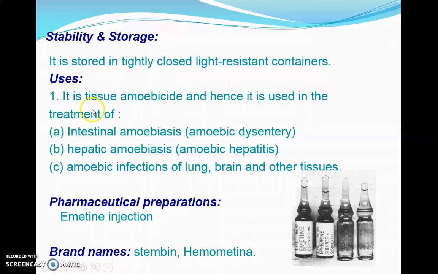As far as the uses are concerned, it is a tissue amoebicide, and hence it is used in the treatment of intestinal amoebiasis, then hepatic amoebiasis, which is extraluminal. Next, amoebic infection of the lungs, brain, and other tissues. Again, this is part of extraluminal amoebiasis. So in both types of amoebiasis, emetine will be effective. Pharmaceutical preparations include emetine injection, and the brand names include Stemibin and Hemomatin. These are the brands for this drug emetine. Next,